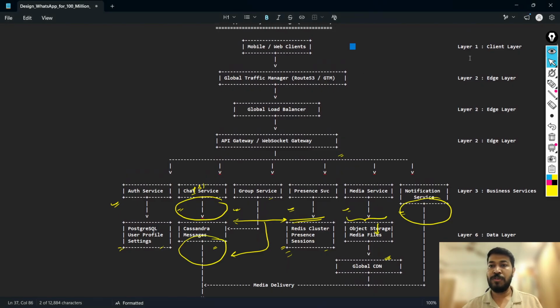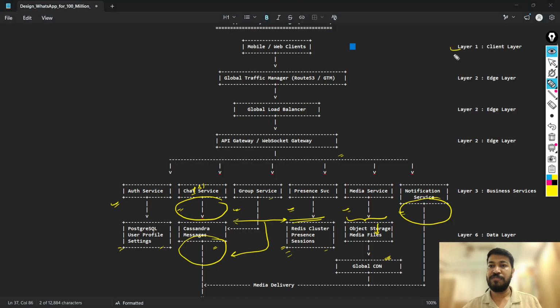If you talk about this layer, this is the first layer, the client layer. Then we would generally say this is the edge layer. These are all the edge layers, and technically we call it that. Then layer 3 is the business service layer, where all the services we have mentioned sit. Then layer 6 is the data layer, and layer 7 is the content delivery